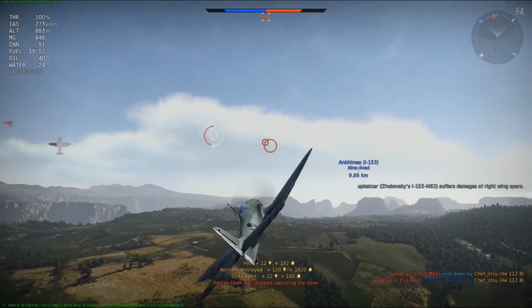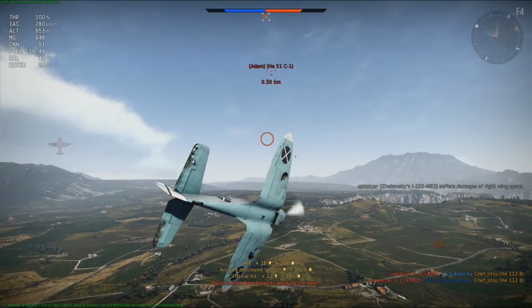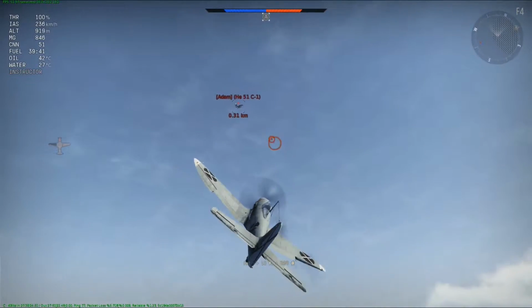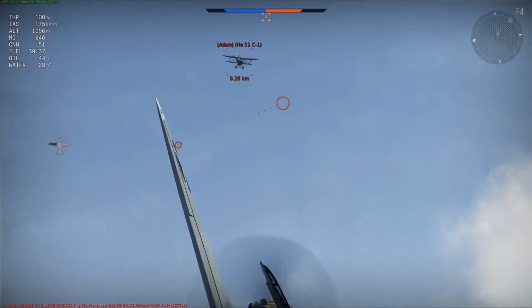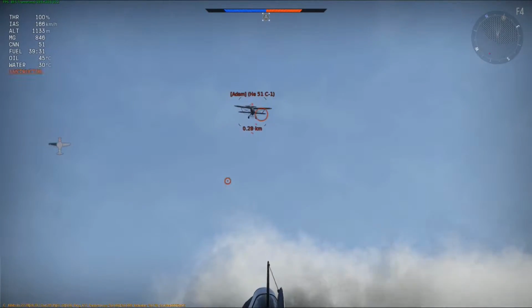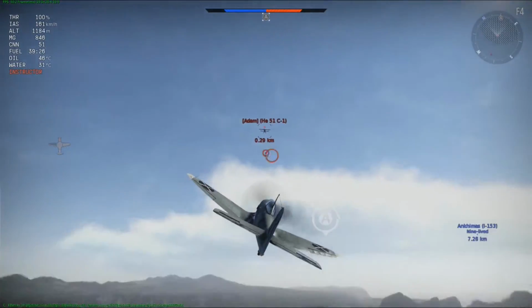Now, I'm pretty sure that I just shot a rocket out of the air. We may have to slow it down and look at it, but I didn't realize at the time, because adrenaline's pumping, things are going, that he even shot rockets at me. I just saw him coming at me. I put rounds on him, he put rounds on me. That was that. I ended up winning the engagement, which is not too crazy because I'm in a stronger plane